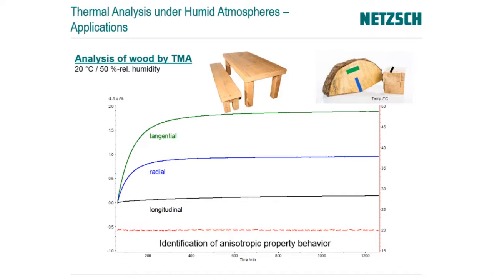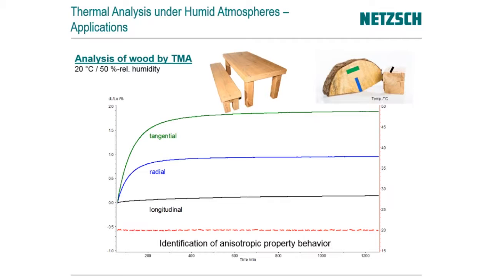The next example comes from the natural materials, or let's say also construction or building materials. Maybe some of you have already asked themselves why the wood dining table at home is cut in this way and not maybe the other way around. And here you have a measurement on wood, and we have cut samples in the longitudinal range, so vertical, radial from the center to the outside, and tangential. And what you see is that wood has a high anisotropic property if we talk about water-induced